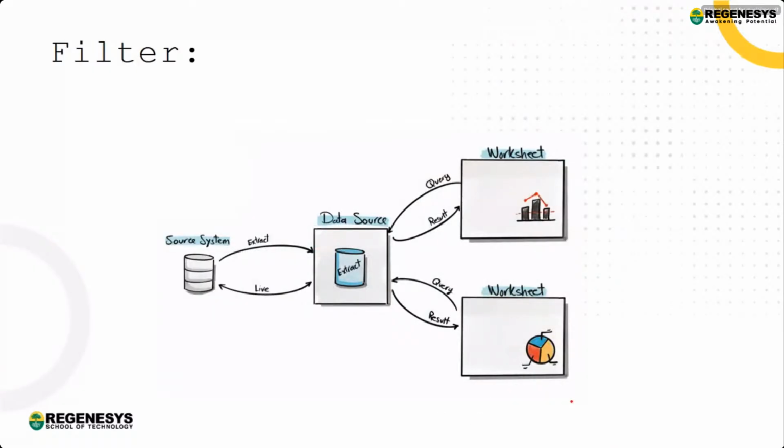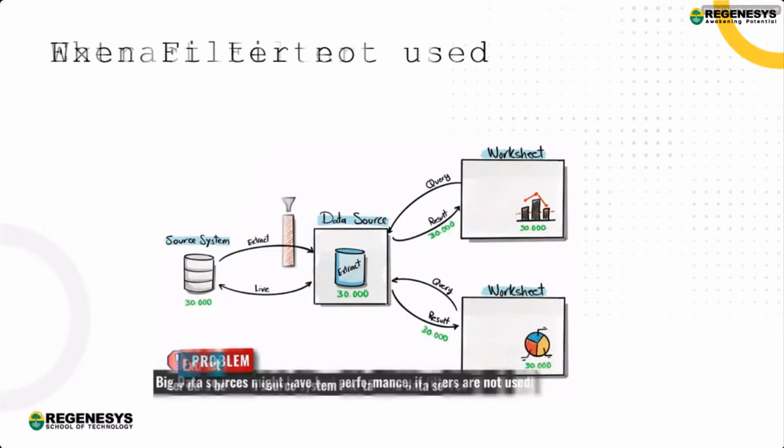So a filter is something which is applied on all the layers, right? So when we connect the data set to Tableau, then we see that this data source is then connected to the worksheet, and inside the worksheet also you can see that when we have all the data but still you apply the filter on a specific field. So in that way it gets divided.